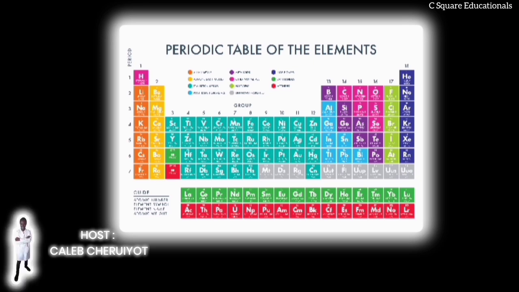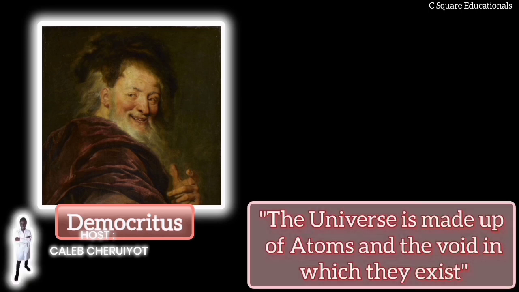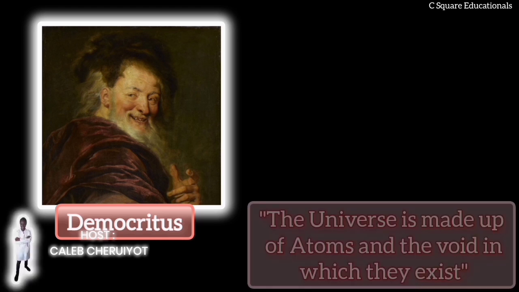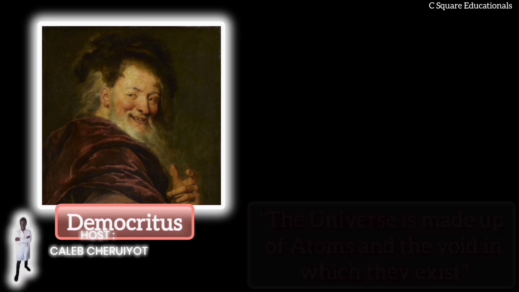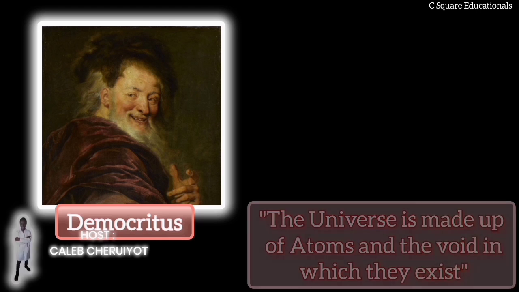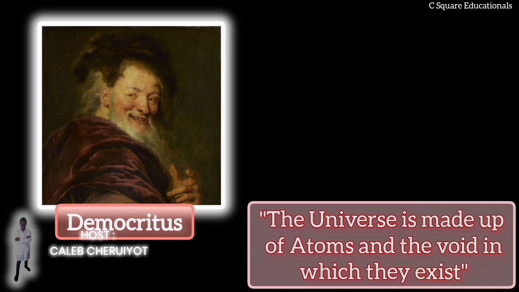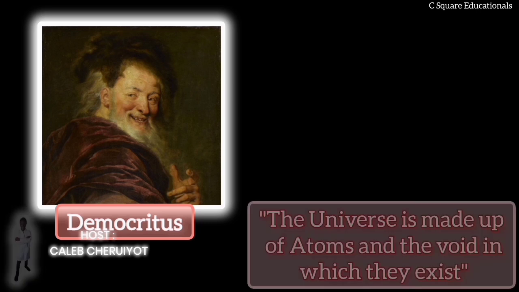Ever since the idea of the existence of atoms was put forward by the philosopher Democritus, who said that the universe is made of atoms and the void in which they exist, this idea was given a solid grounding by scientists, particularly chemists and physicists, proving its existence by scientific method. Today, there is solid evidence that atoms exist, and when we say that atoms exist, we really do know what we are talking about.